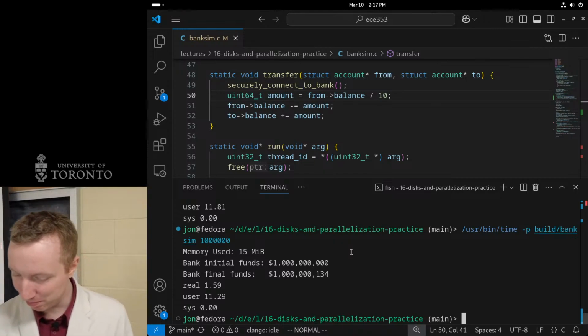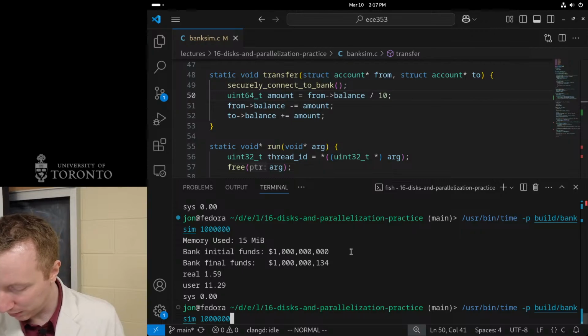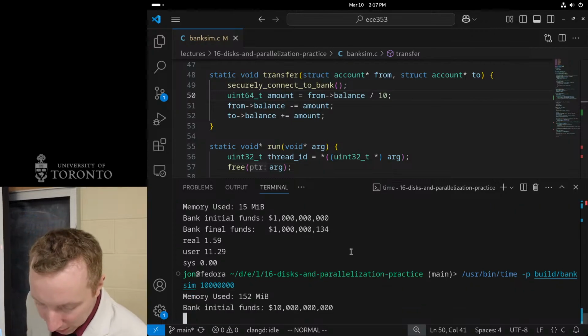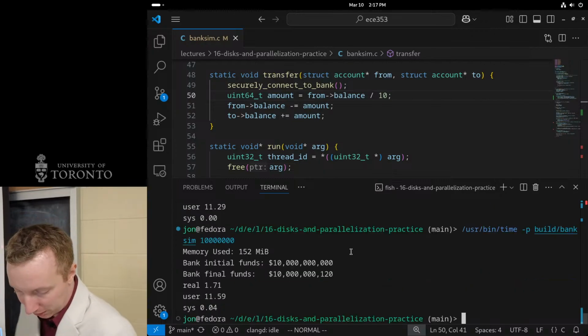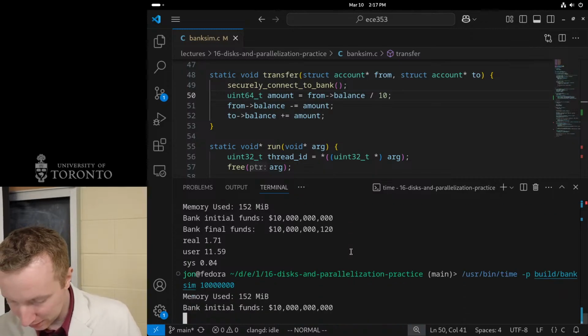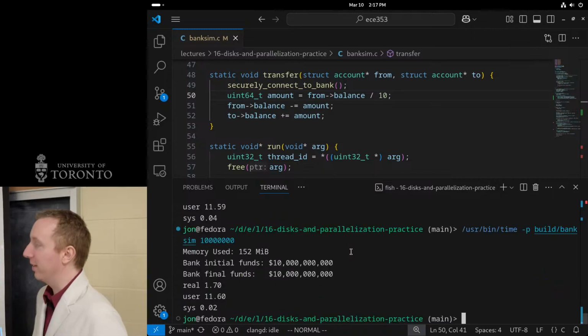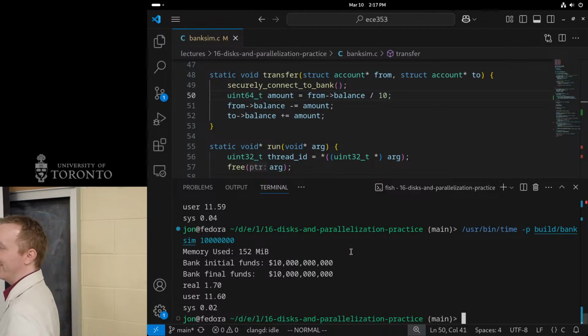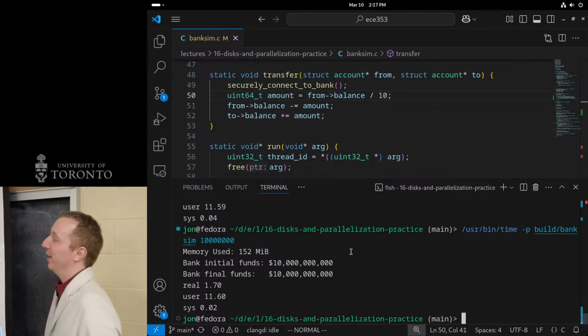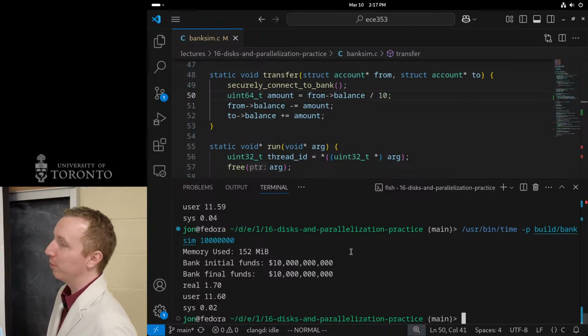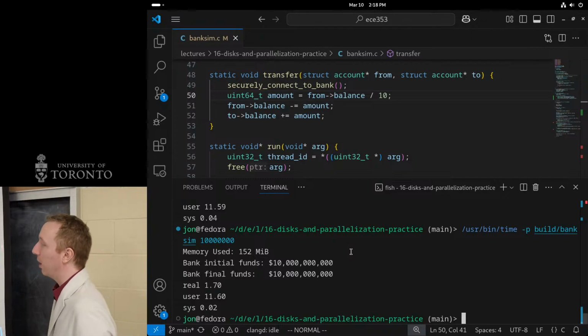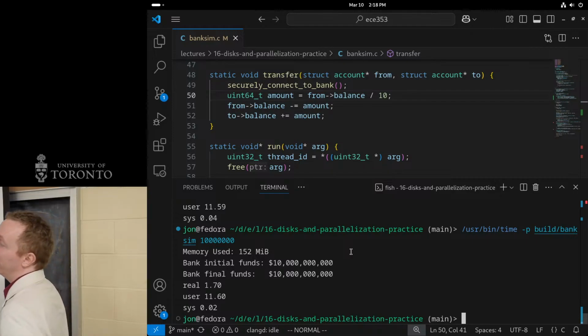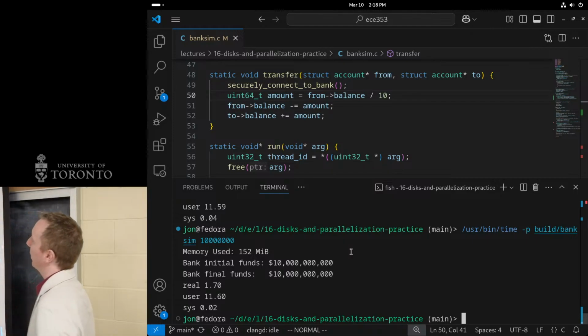Let's say we were running a bigger bank. So we're managing $10 billion. No bugs. Right, we're all good. So this is the weird case where the larger your problem is, the less likely you are to encounter an error.